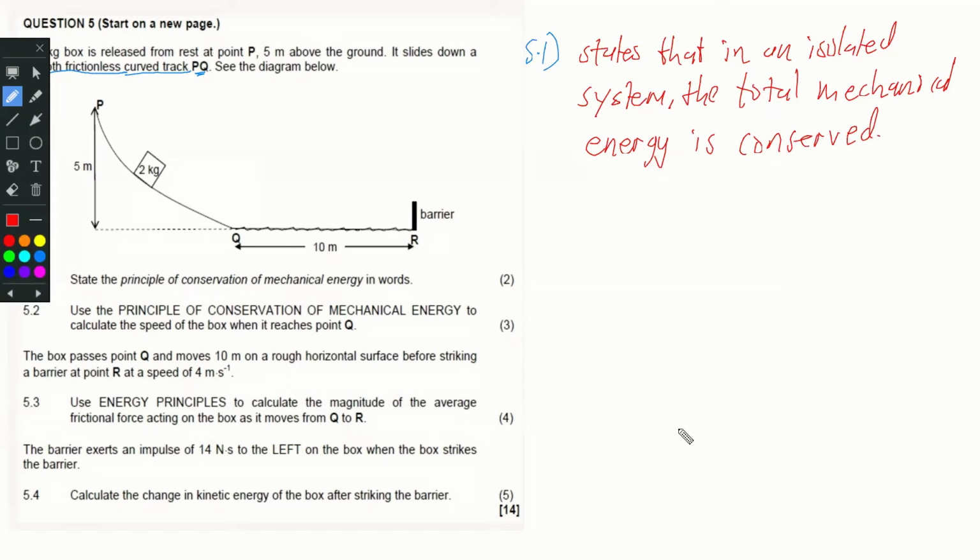So it states that in an isolated system, the total mechanical energy is conserved. Now 5.2, they say use the principle of conservation of mechanical energy to calculate the speed of the